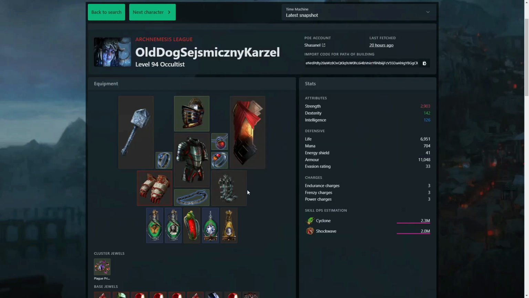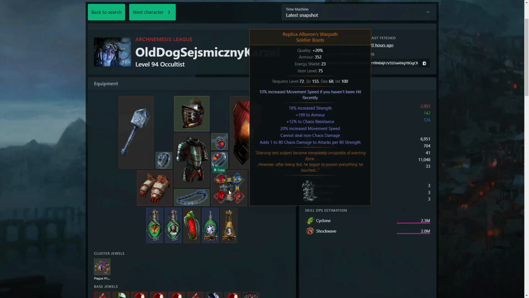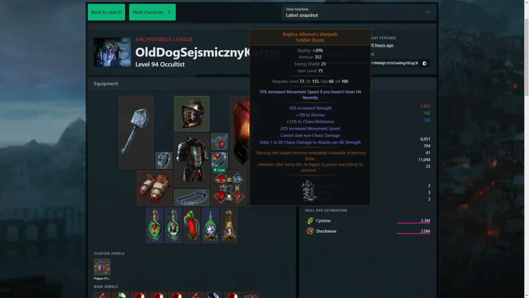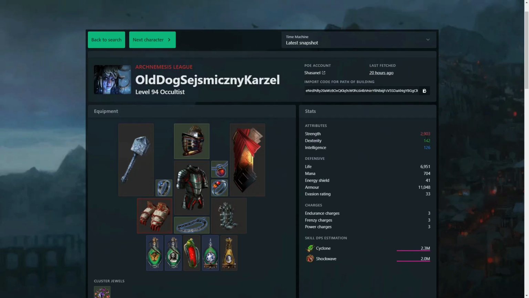Why is it the Chaos damage? Because of these boots here, Replica Alberon's Warpath. It adds 1 to 80 Chaos damage to attacks per 80 strength. Okay, so this is a strength stacking Occultist. You can see their strength, look,